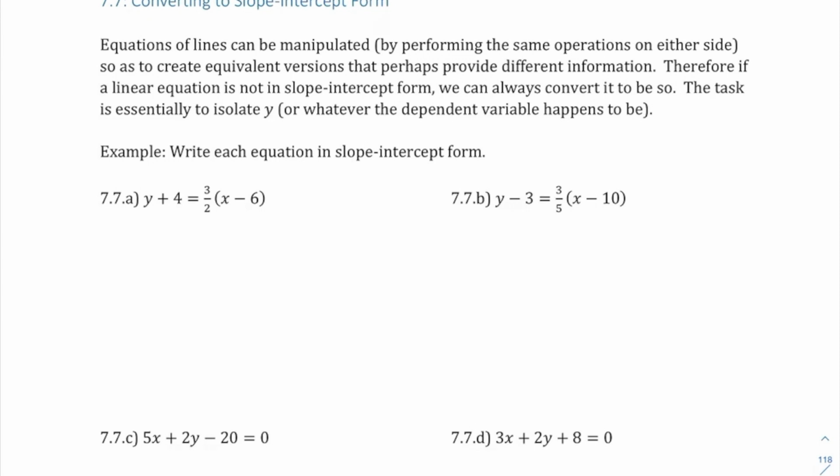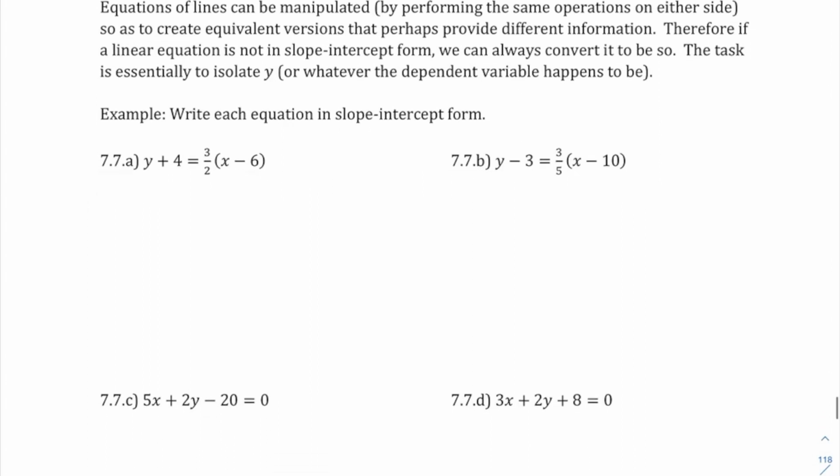We are going to convert to slope-intercept form from other forms of a line. So we know that using all of our algebra skills, we can rearrange all of our terms and make equivalent versions that show us the same information in a different way or make some information easier to access. So if we have a line that's not in slope-intercept form but we want it to be there, which can be very handy because slope-intercept form is an easy way to graph, then we're going to work on how to